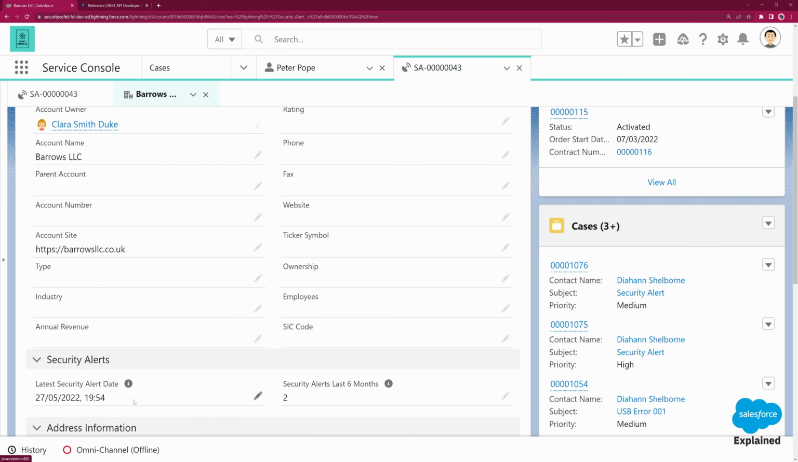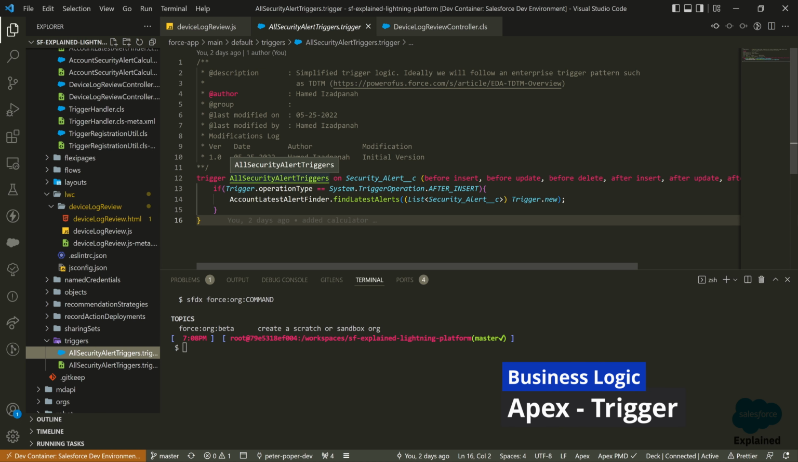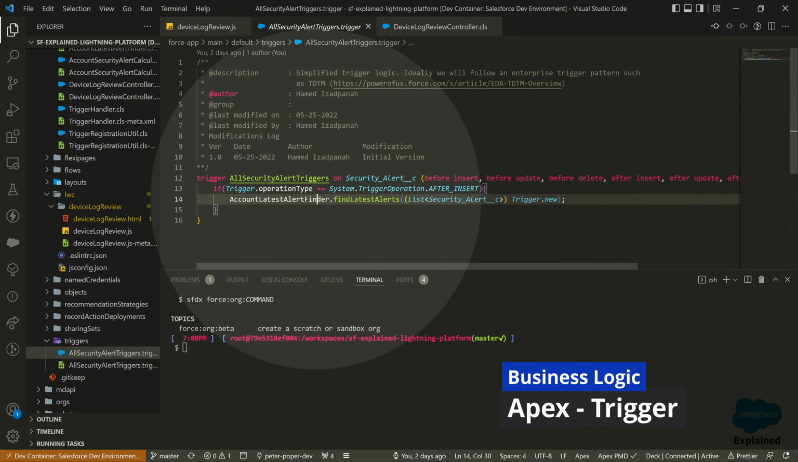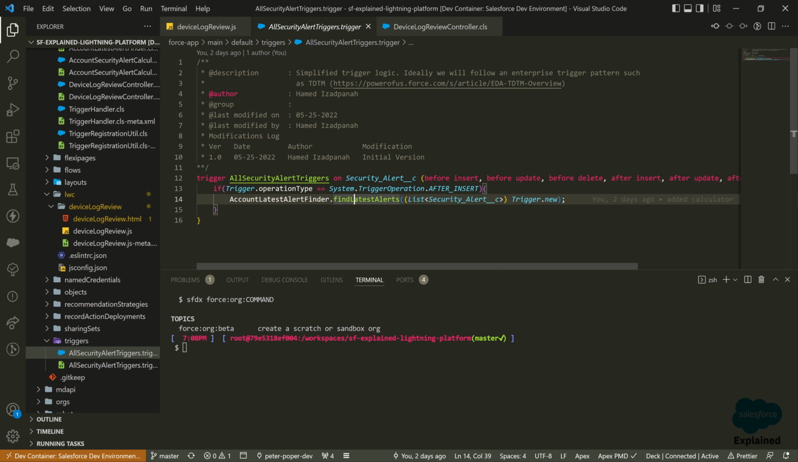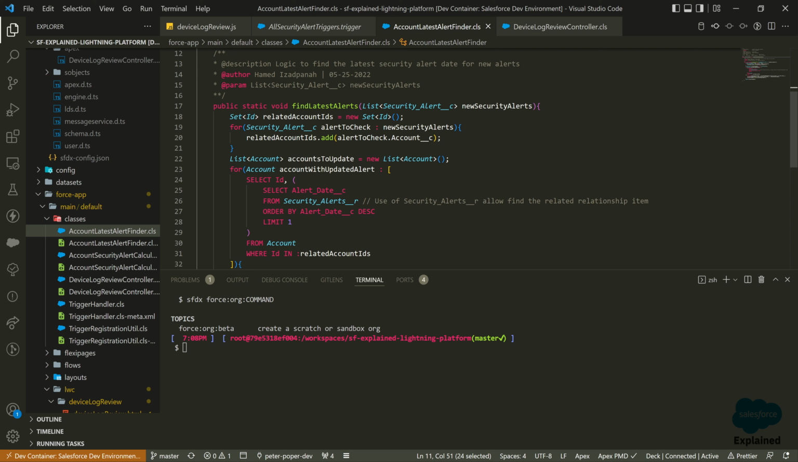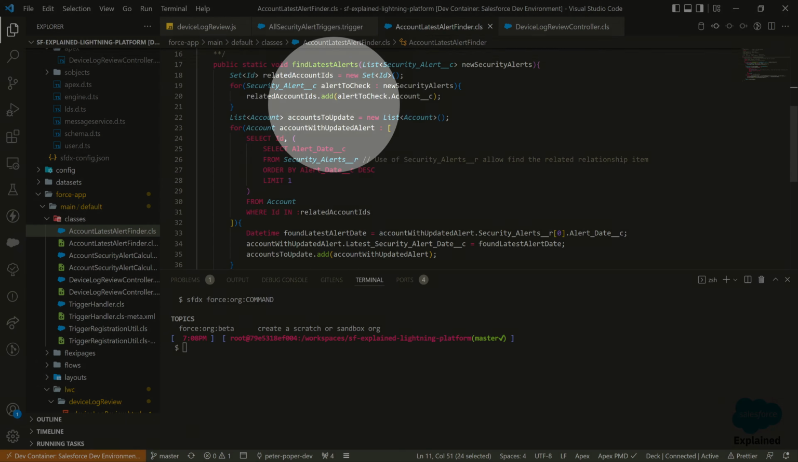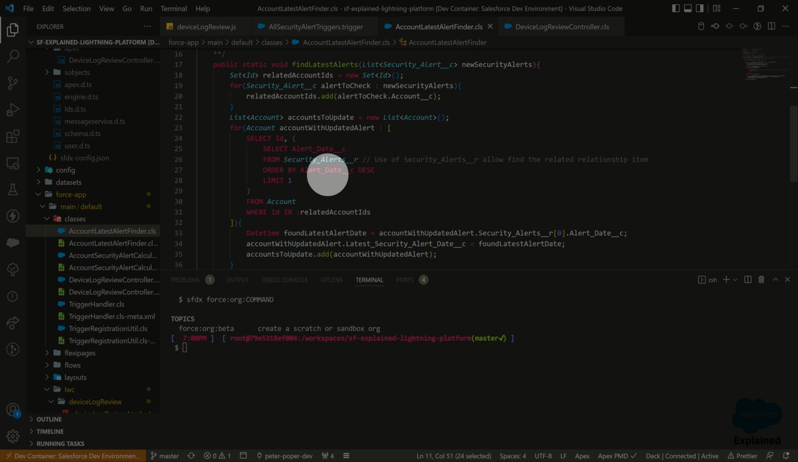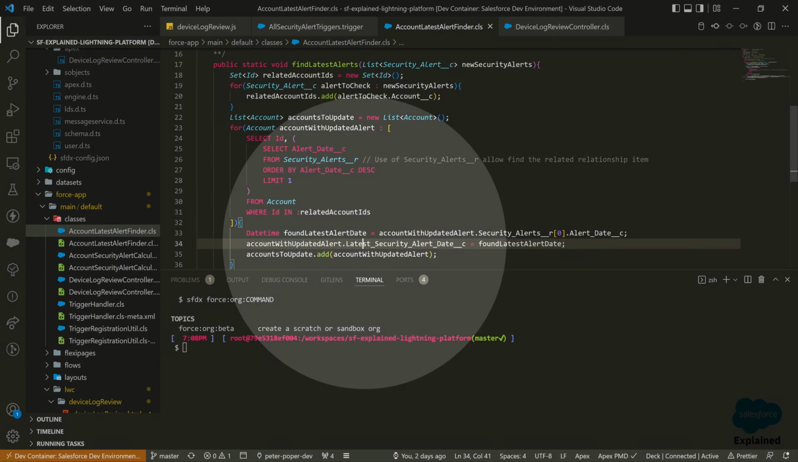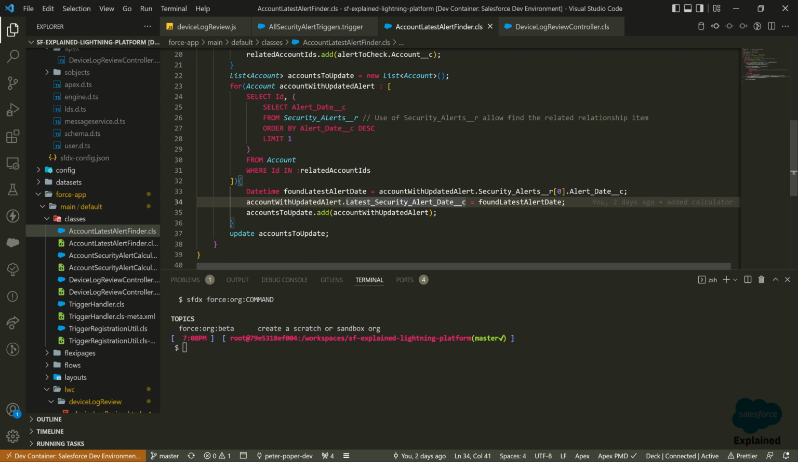Peter uses Apex triggers, which is a database trigger capability in the Lightning platform, to automate an action when data is changed in the system. The Apex code is using an if statement to only accept after insert operations. Peter uses a Salesforce object query language or SOQL statement to find the latest alert date for the related accounts. He then changes the latest security alert date field on account and updates these accounts by using a data manipulation